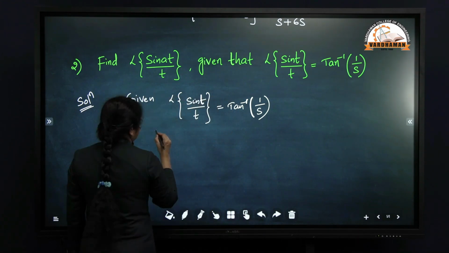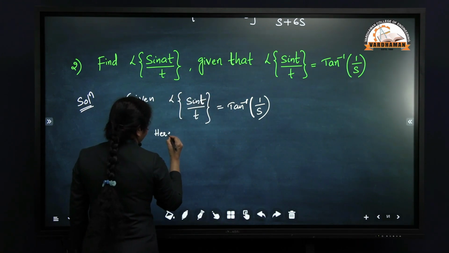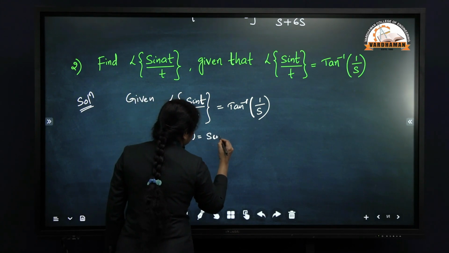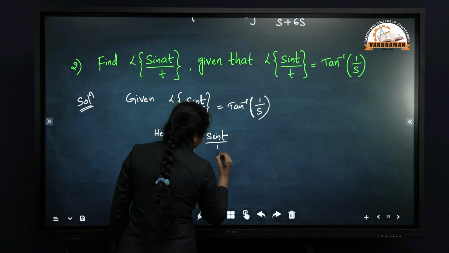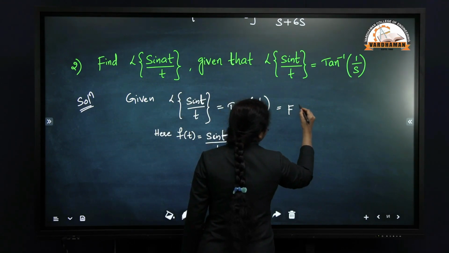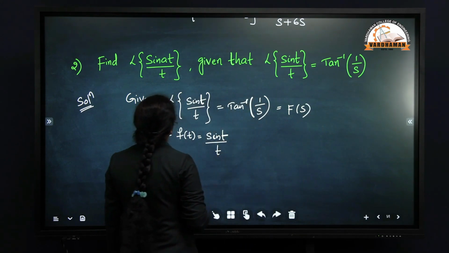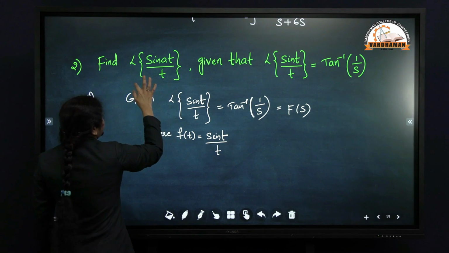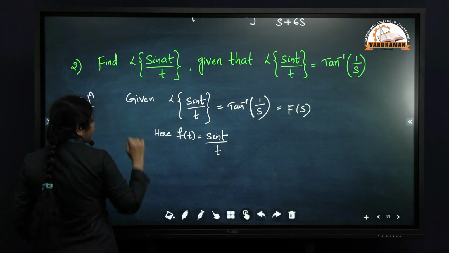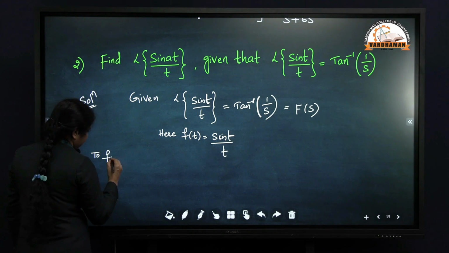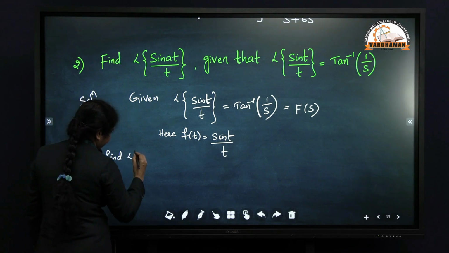So here what will be the function f of t? F of t equal to sin t by t. Then this result becomes f of s. This part is already given in the question. Now to find Laplace transform of sin at by t,